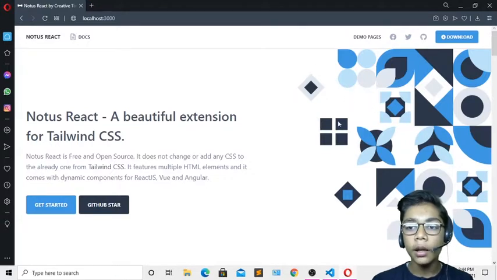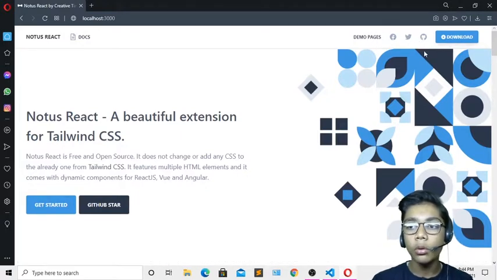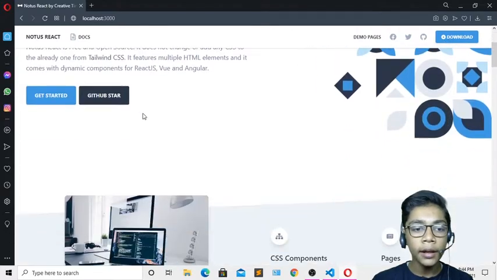This pattern is coming because we have written the picture, meaning we have taken the background image URL like I've shown you in the styling. So because of the background image, the beautiful pattern is coming, and you can see our heading and the navbar. Then above we have demo pages and Facebook, Twitter, GitHub links. Then after that we also have our download button, which has a hover effect and a box shadow also, you can see, and how good looking that is.